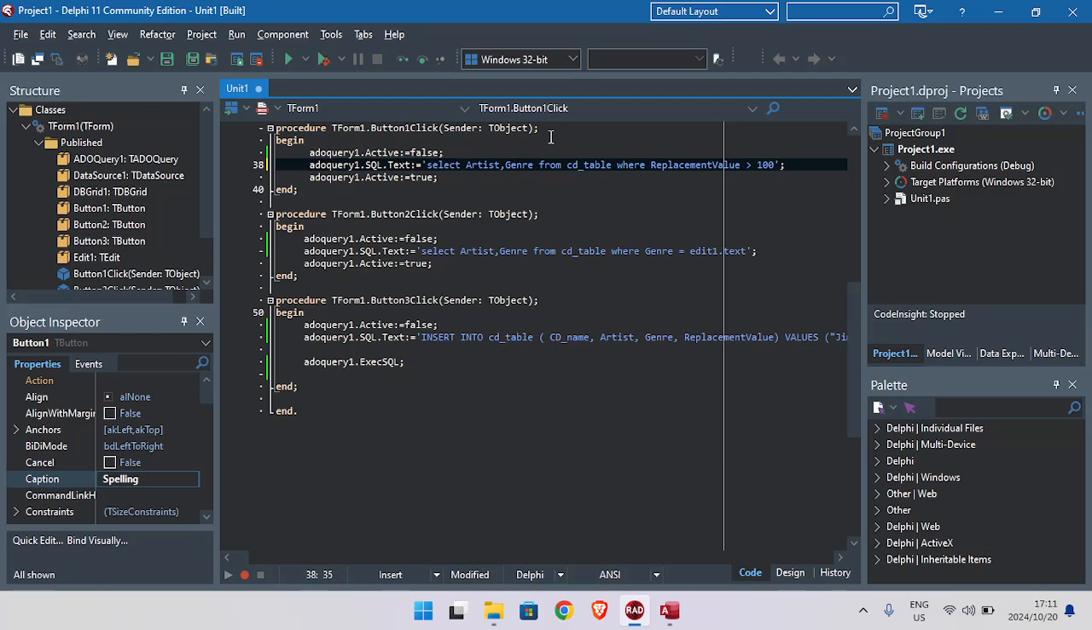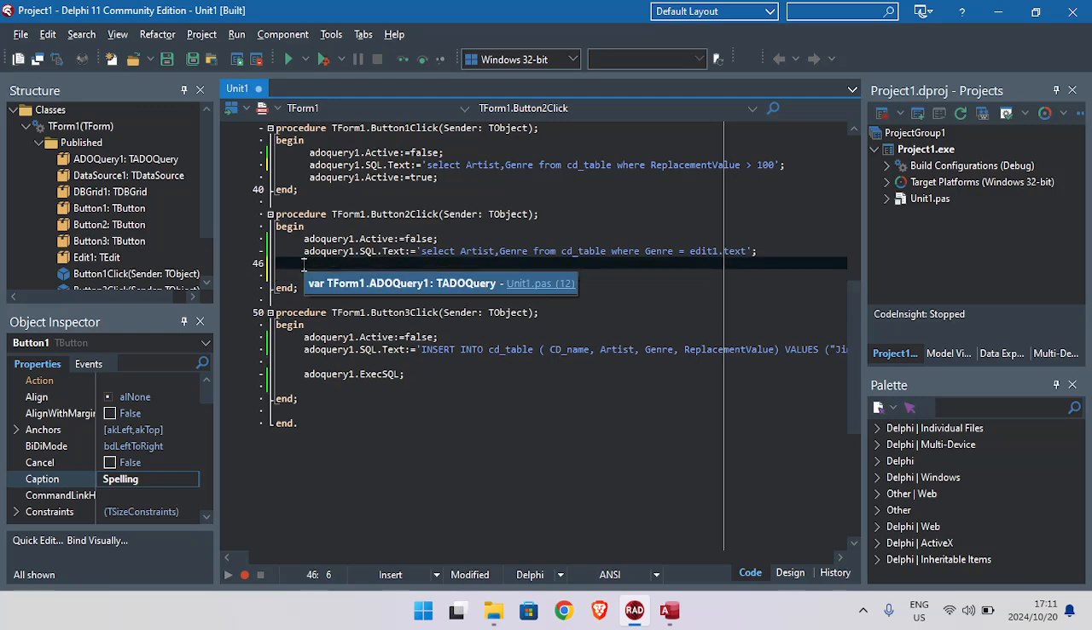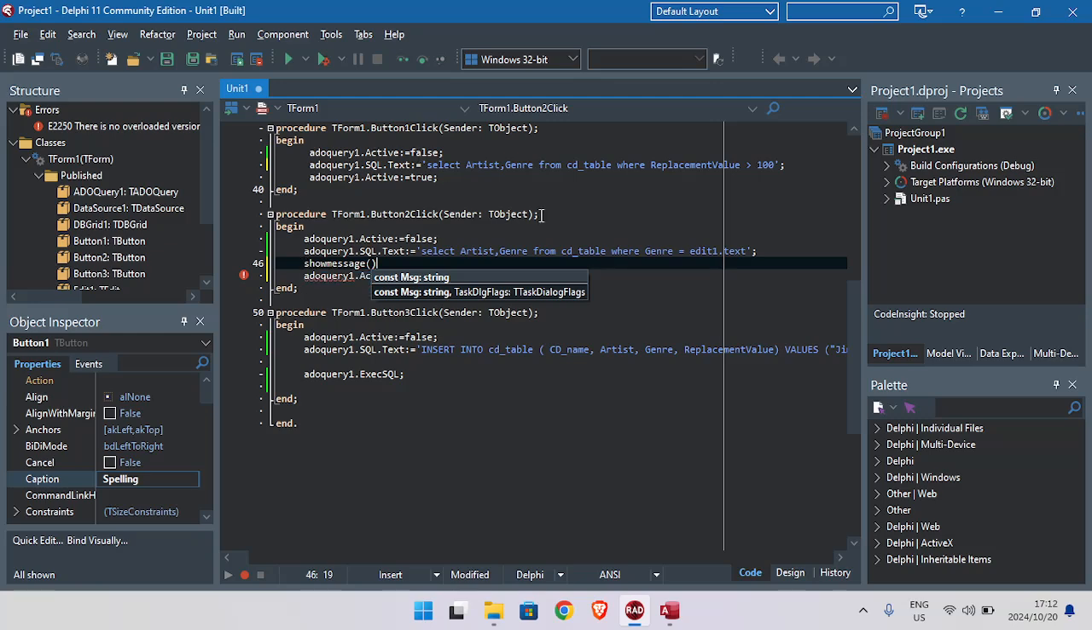The next tip that I will give to you is to show message your SQL.text. What I'm going to do now is show message, because sometimes you will not be able to see the data exactly as it looks, but if you display it in a show message, it will